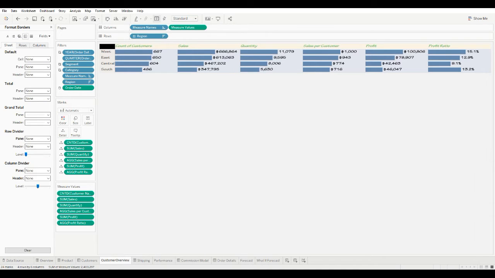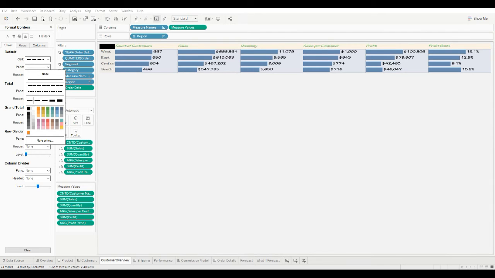So if we were to add borders around the sheet, as you can see, these changes are being shown right here. When we make changes over here on the default cell,